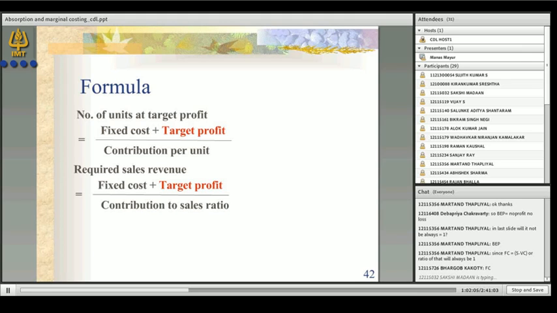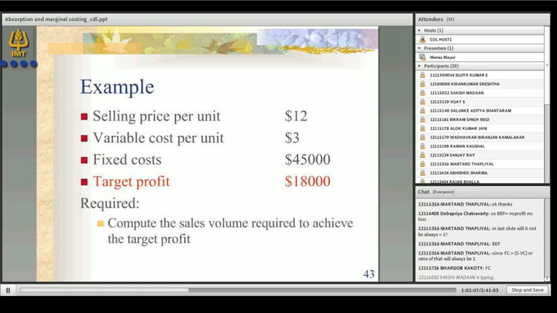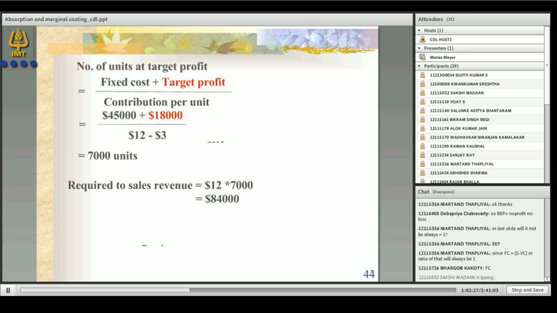So again, the same example. Selling price per unit is $12, variable cost per unit is $3, fixed cost is the same $45,000, and you have targeted a profit of $18,000, and you are asked to compute the sales volume required. So you can easily calculate fixed cost plus target profit divided by contribution per unit, and it is 7,000 units. If you remember, 6,000 units were required to achieve break-even point, and with 7,000 units you are able to generate a profitability of $18,000,